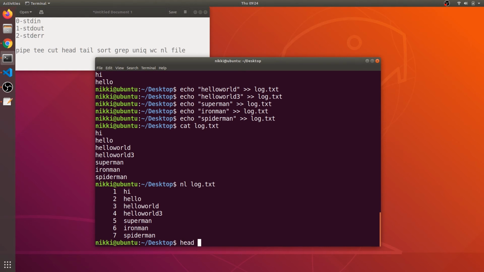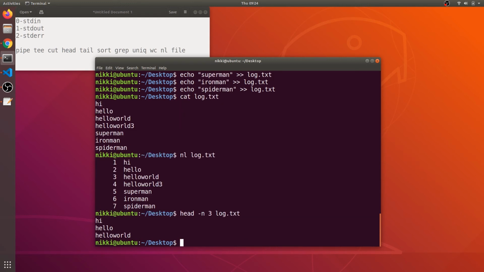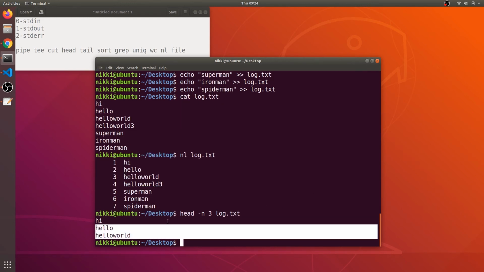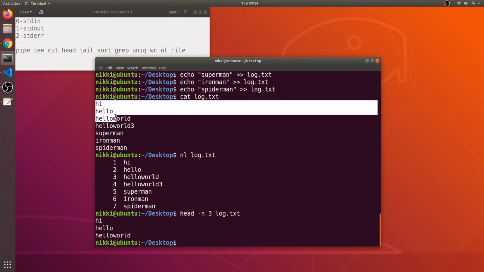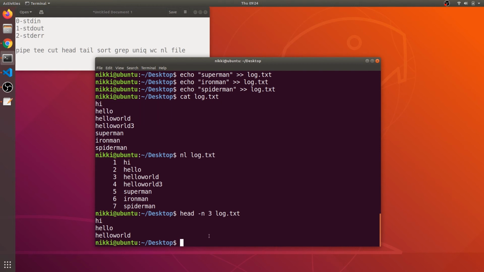Let's say head -n for number of lines. If I say 3 and log.txt, I get the first 3 lines. So the head command takes the output from the starting line and displays up to this number of lines, right?